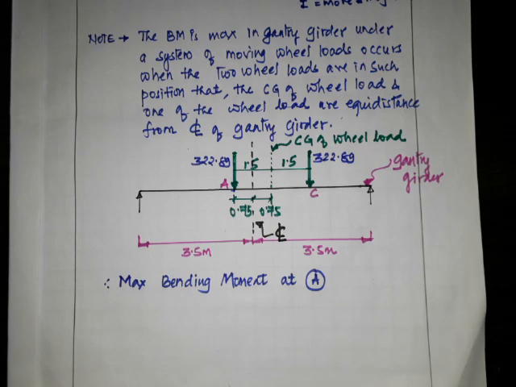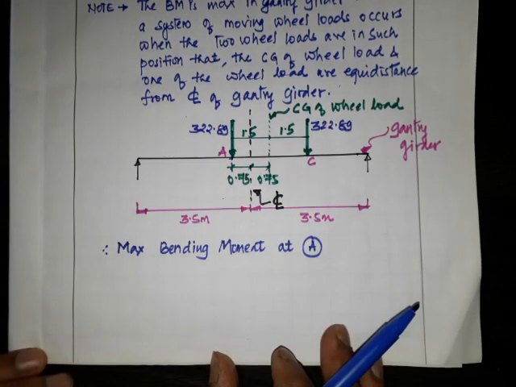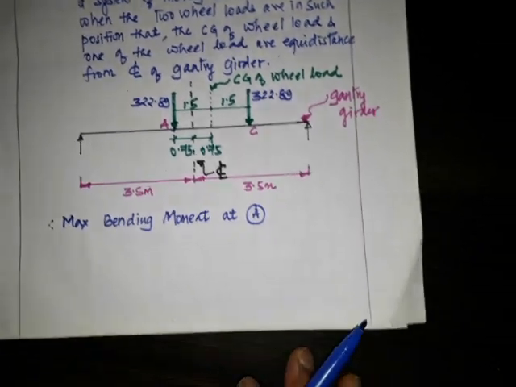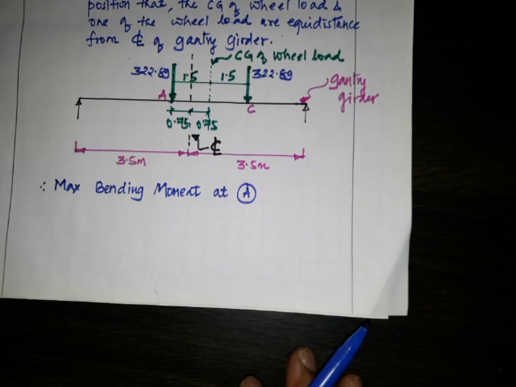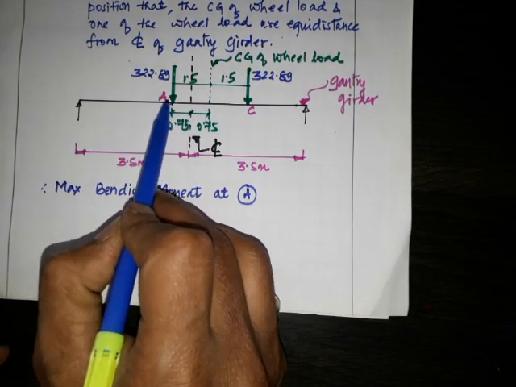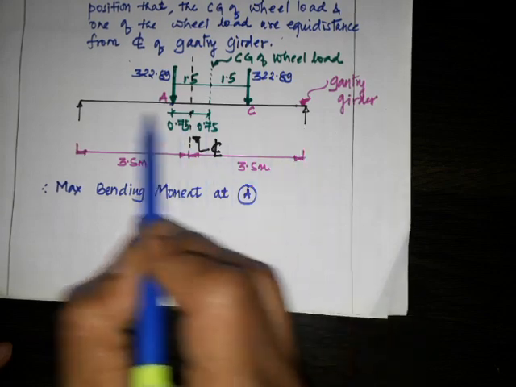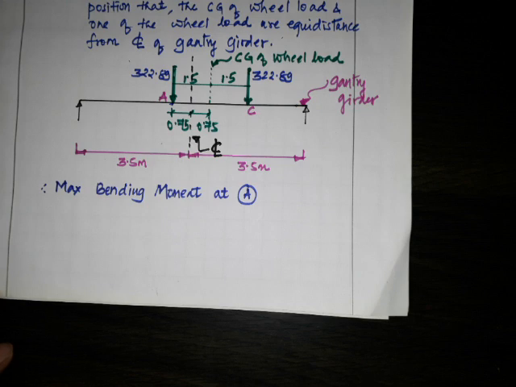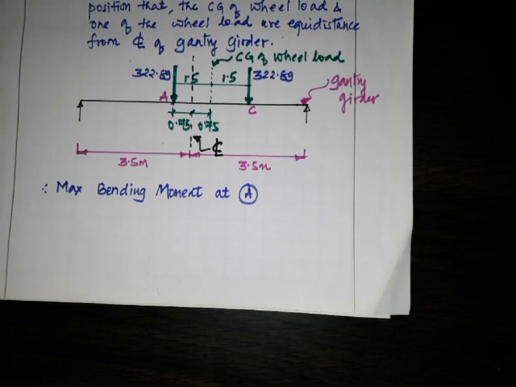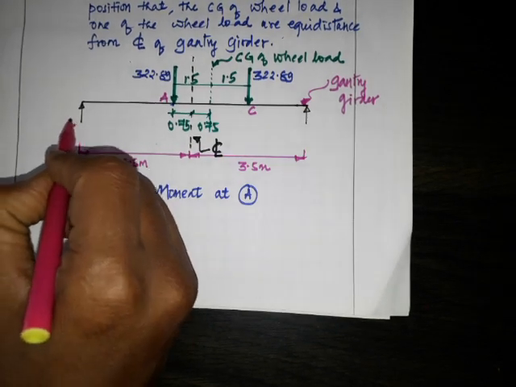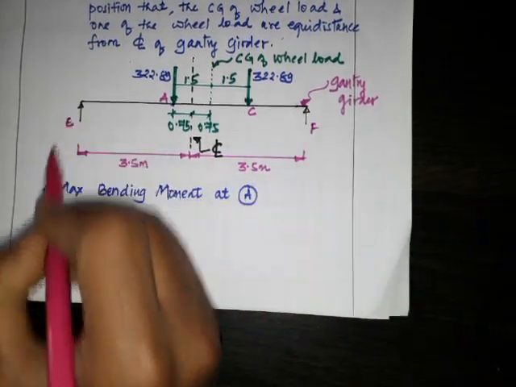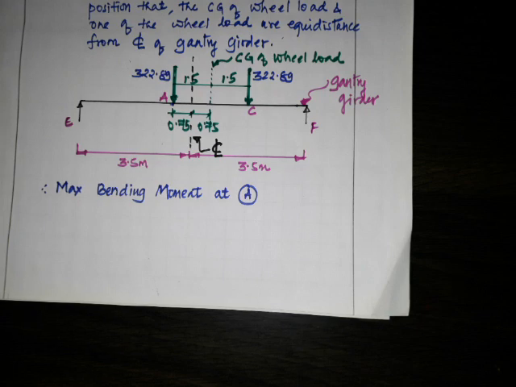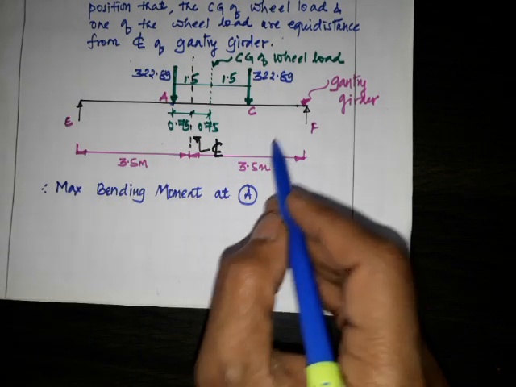So again, you have to consider here, you have to find out what is the load, what is the bending moment at A, correct? What is the maximum bending moment at A? So for that again you have to find out the reactions over these 2 points. I will just call them E and F. So I'll name it as one gantry girder, that is from span E to F. Okay. So here again, taking moment about F,